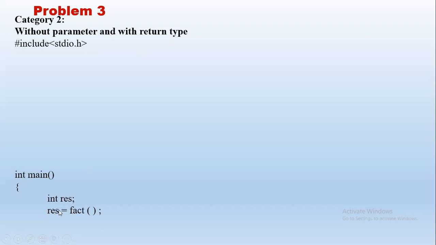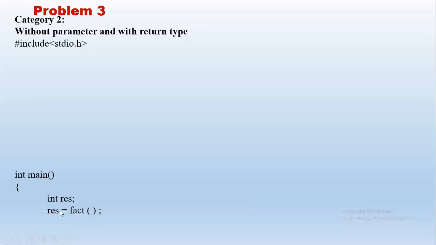So here we know that it is an integer. Based on the application we can decide whatever data type we want to give. If this function was to find the area of a circle, then it would be float. So you can declare float here, and even in the prototype we can give float. Okay, so here it is int. So this returns an integer.